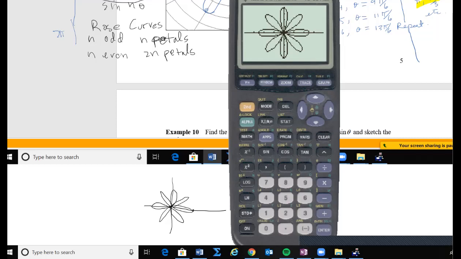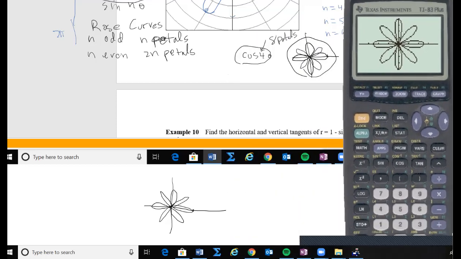And I went a little too fast on this one down here. I missed that petal at the bottom. I missed that one. So that was going a little too fast there. Okay,